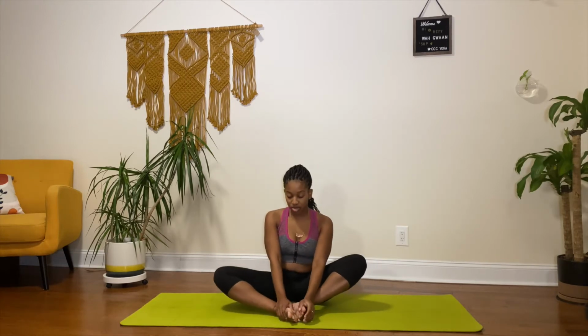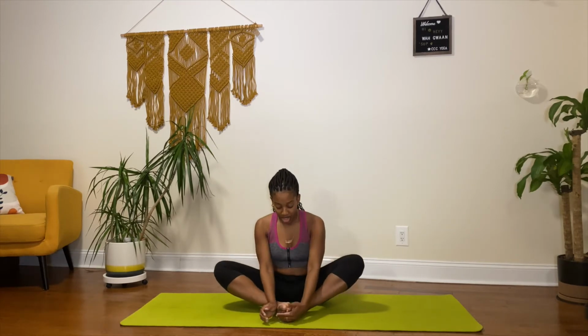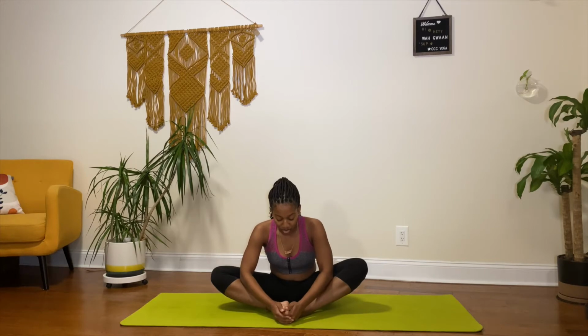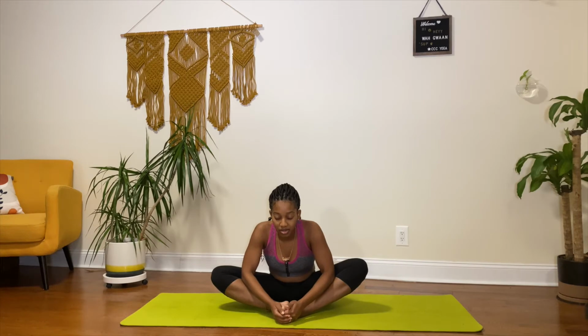So once again, we're going to begin here, and begin by doing some cobbler forward fold. So hinging at the hips and bringing yourself forward as deep as possible, that's also comfortable in your body. And if you want that deep stretch, maybe having your elbows just kind of pressed down. And the idea is to fold without hunching, but keeping that flat back as much as possible, and holding this